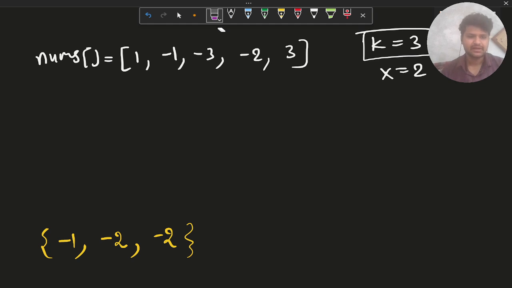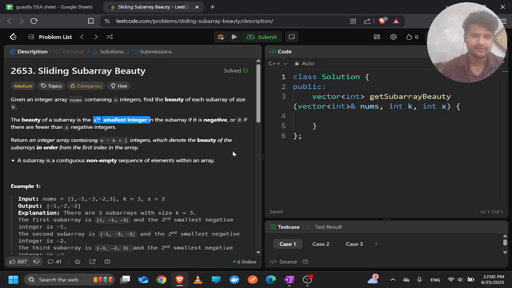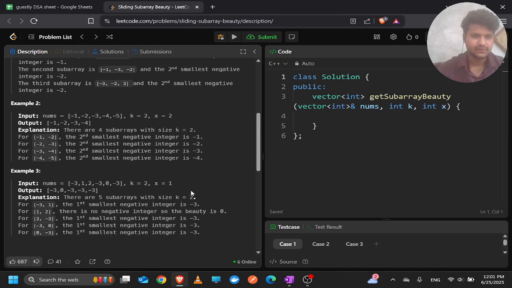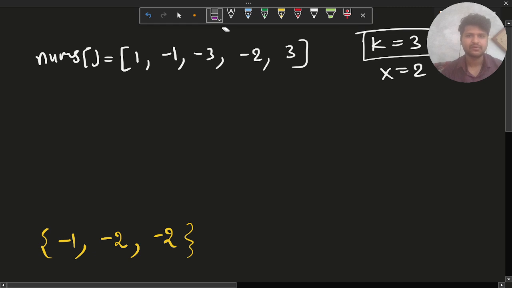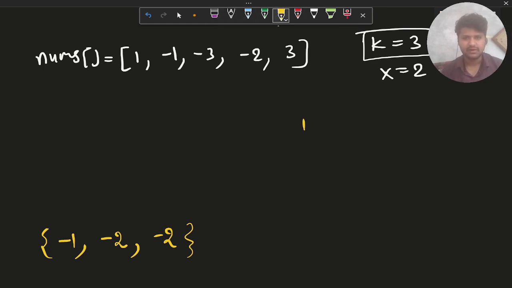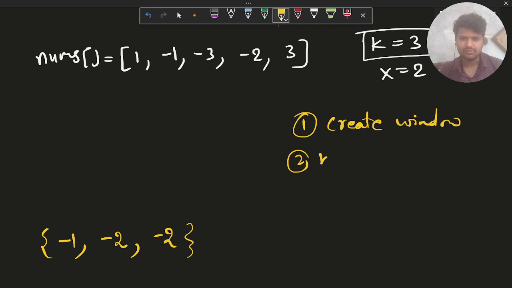Okay, so let's take another example and then we will move to the approach. So let me take example number 3 so that you can understand it better. And I think now the approach is clear to everyone. Like, first of all, let me show you what we always do. We create the initial window, then we will move the window